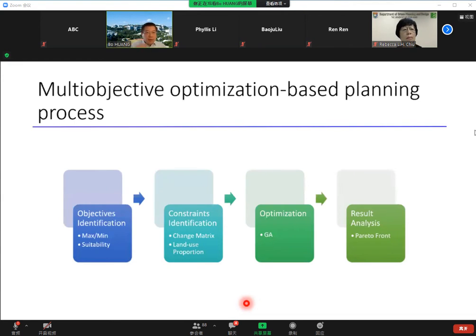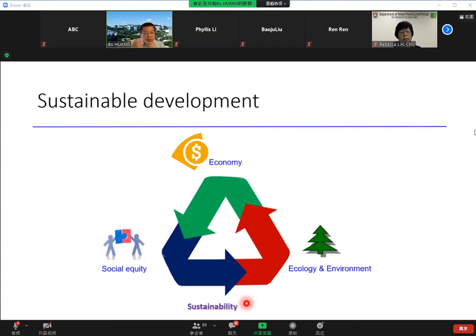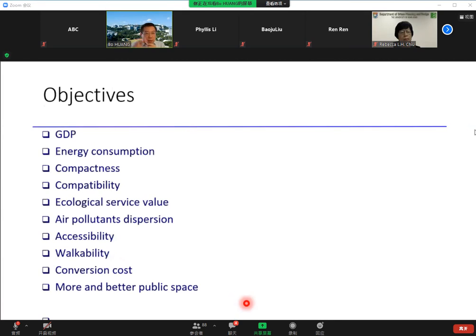And our method takes several steps. The first step is to identify the objectives. Second, identify the constraints for development. Then perform optimization. And finally, conduct a result analysis. And we select the objectives from the economic, social, and environmental domains. And here is a set of specific objectives like maximization of GDP, minimization of energy consumption, maximization of compactness, land use compatibility, ecological service,